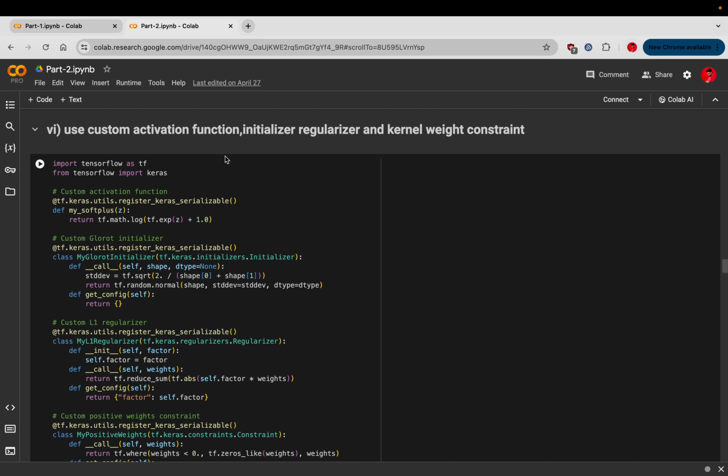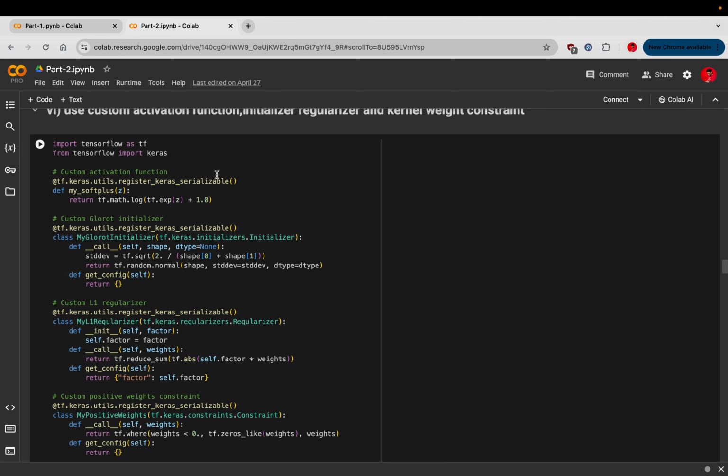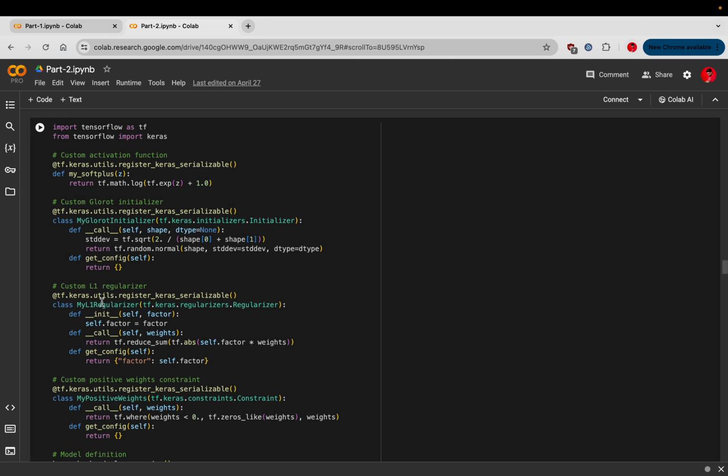And for the sixth part, where we implement a TensorFlow or Keras model with a custom activation function, initializer and regularizer and kernel weight constraint, we first define the custom components like custom activation function and custom initializer and custom regularizer and custom weight constraints,